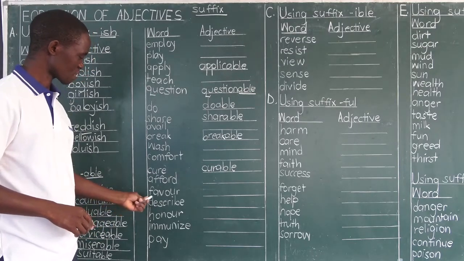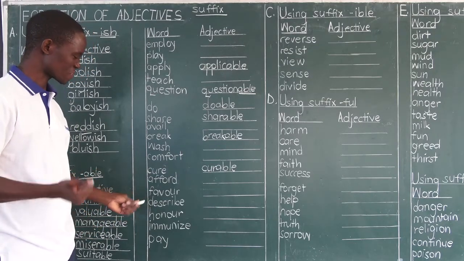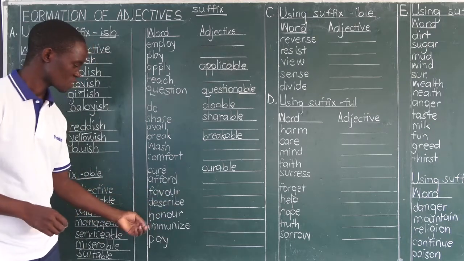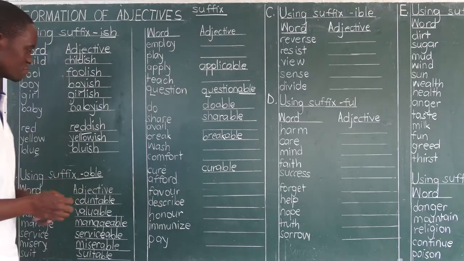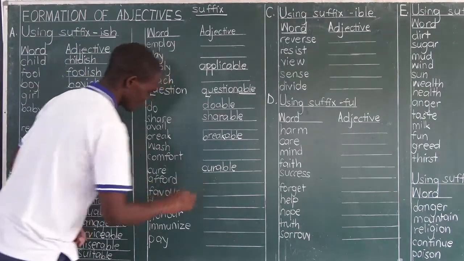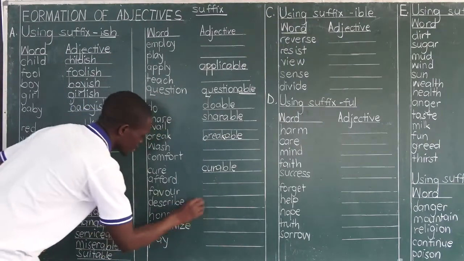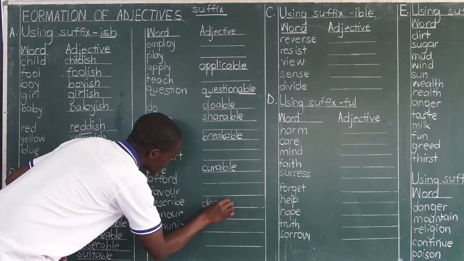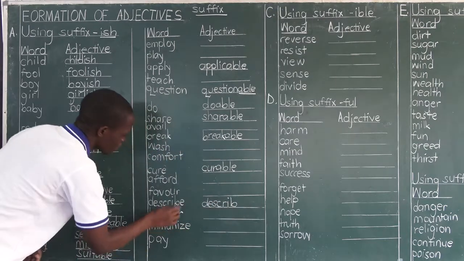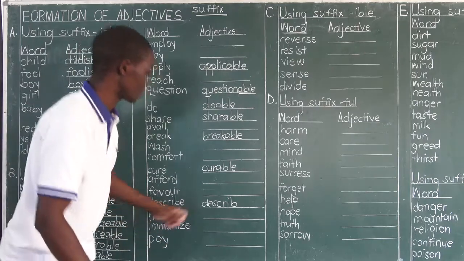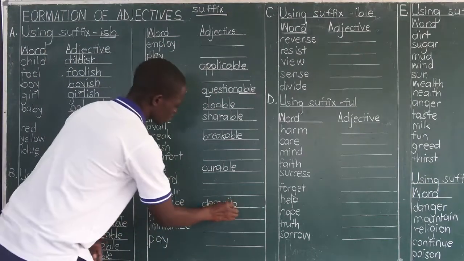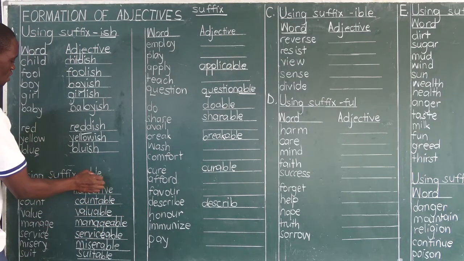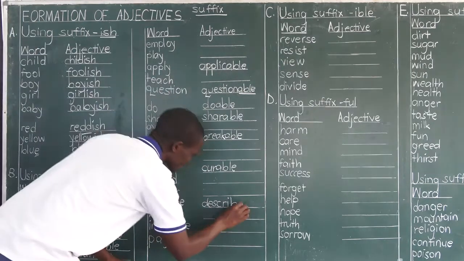Favor, just like afford, is also easy to change to an adjective, which is favorable. Next we have describe, the last E, again change it to something. Describe, describable. After B, don't be tempted to add that last E. Throw it away, go straight to the suffix the teacher has told you to use, which is able, describable.